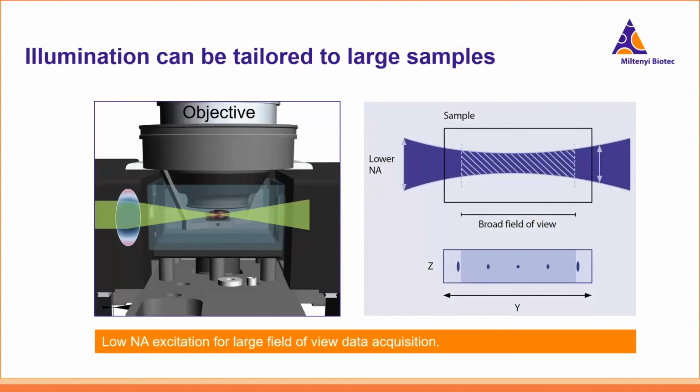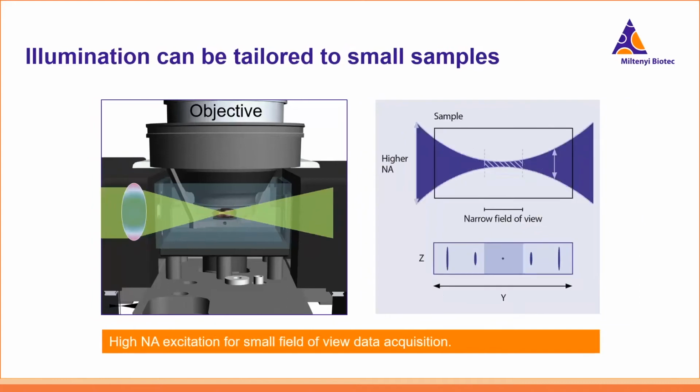To achieve an appropriate illumination for a particular sample, the planar range of the light sheet has to be adjusted. Choosing a low numerical aperture of illumination results in a broad field of view at the expense of a low Z resolution. Here you can see how the light sheet thickness does not vary much across a large area. Adjusting the light beam width increases the illumination numerical aperture and therefore produces a thinner light sheet with a smaller planar region that is used for imaging. Here you get a high Z resolution at the expense of a narrow field of view,